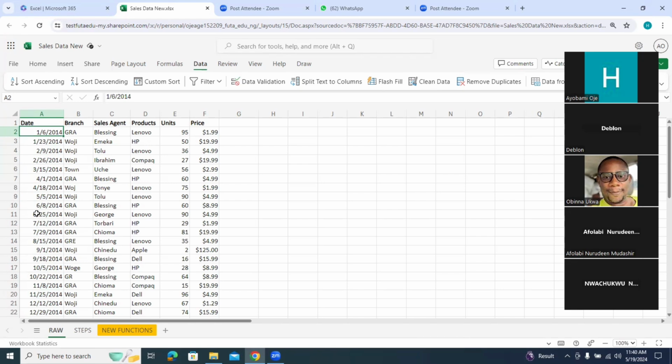So since I've achieved that, the next thing we should be thinking to do is to look at our data. Is there anything that is not correct in our data? Are there places in this data where we have impurities, things that we need to remove, things that we need to change, things that are not looking so well? We call that concept data cleaning. We'll not be doing very much data cleaning here, but I'll be introducing you to the concept and showing you how to clean data. For the process of data cleaning to be easy for you each time, you need to make a table out of your data. If you choose not to make a table out of your data, it will be so complex for you